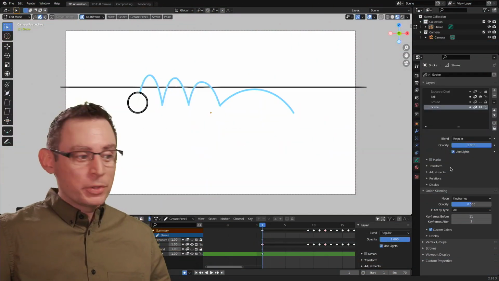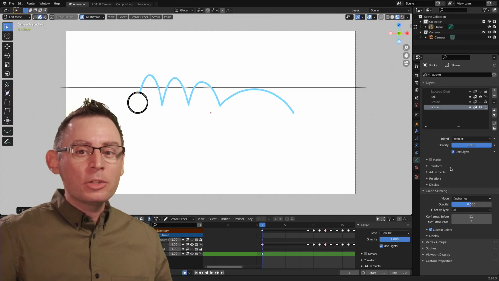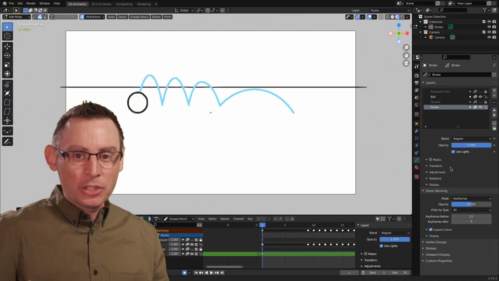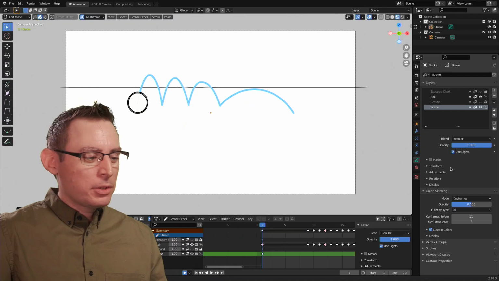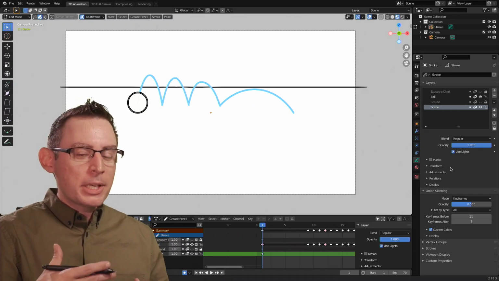Blender has a whole series of really great drawing tools inside the application itself. And I wanted to take a second and talk about how we can use the guide system to very quickly allow us to plot down some lines and some shapes based off of some pretty neat parameters.